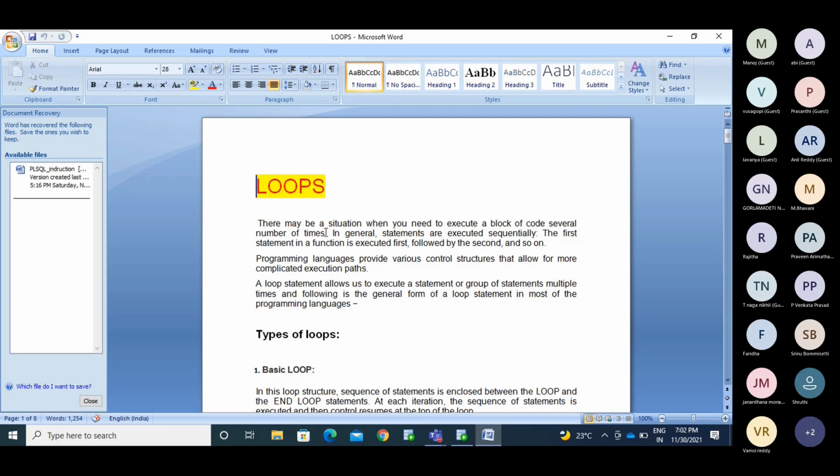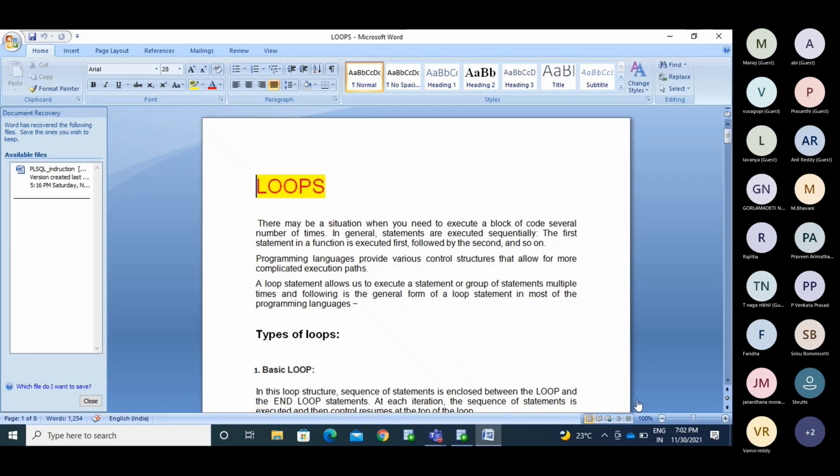Instead of that, put it into a loop. How many times do I need to execute that statement? The system can automatically run that many times. In general, the statements are executed sequentially. The first statement in a function is executed first, followed by the second statement, and so on.